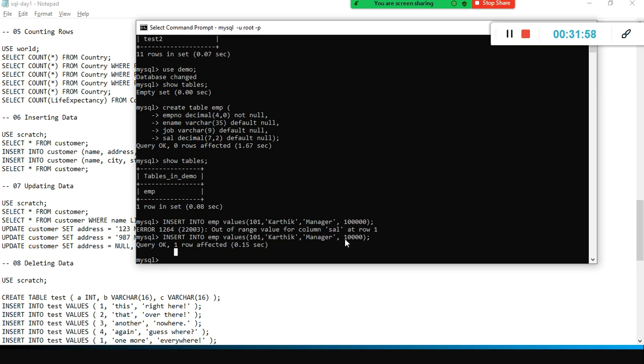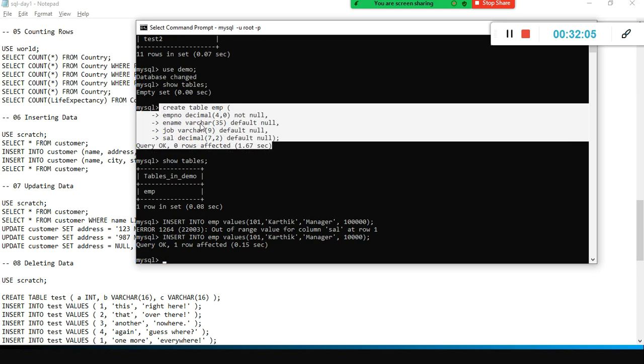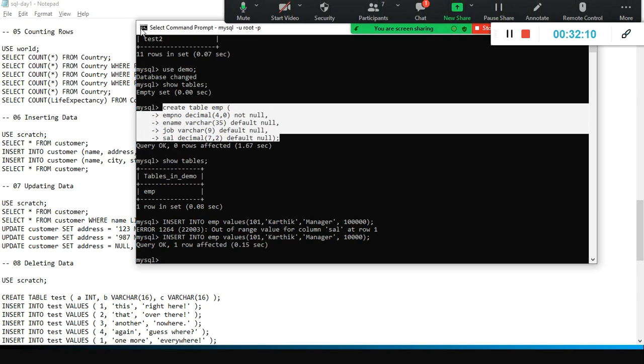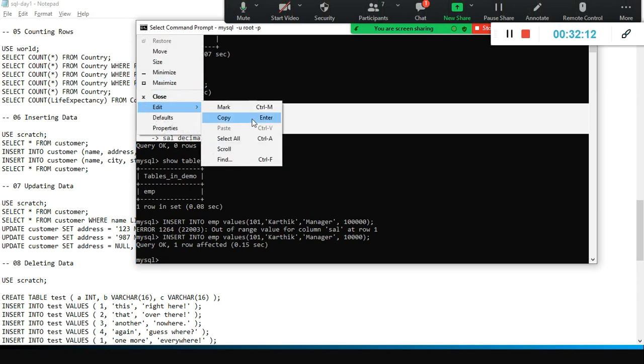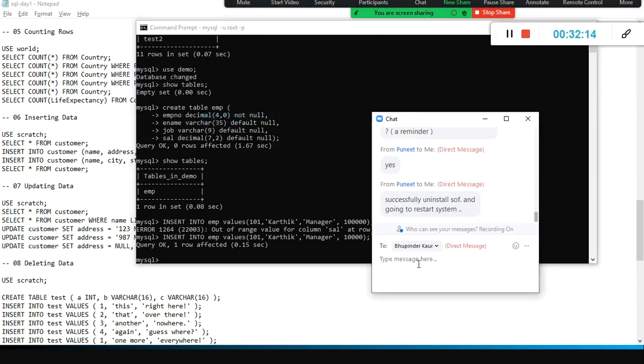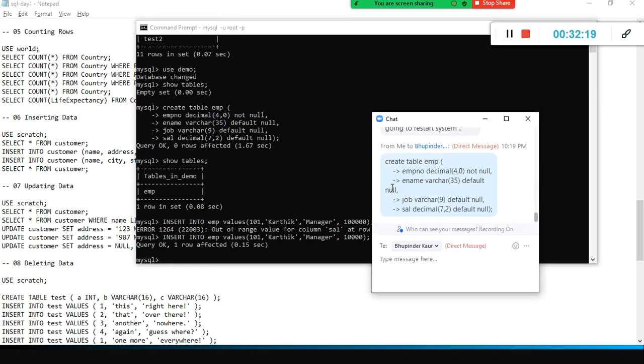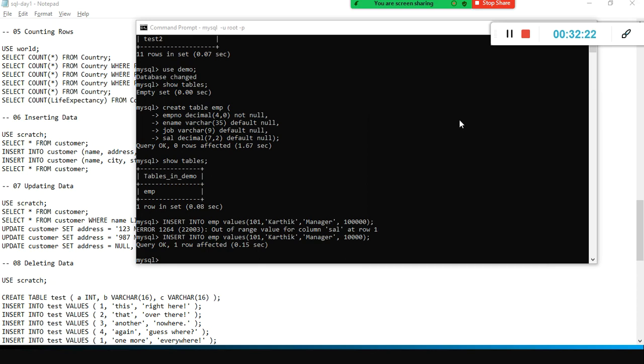Now I want to see whether this value got stored in my table or not. How can I see that? I will copy paste it in the chat window. You need to remove this arrow thing, otherwise most of you will get a syntax error. You can simply copy paste it from the chat window into your laptop. If you logged in with your mobile phone, it's a problem. You cannot do it, you need to type it manually. Hardly 5 lines, you can type it.